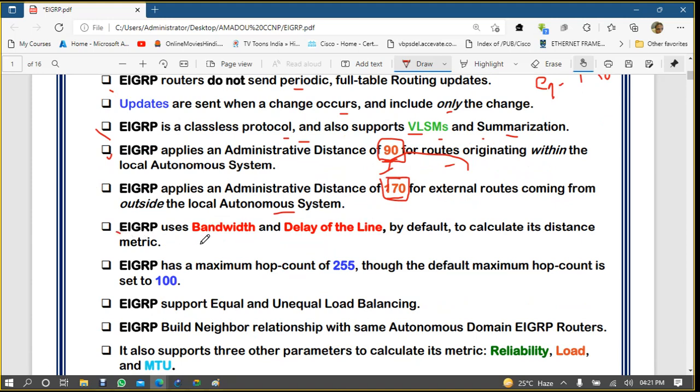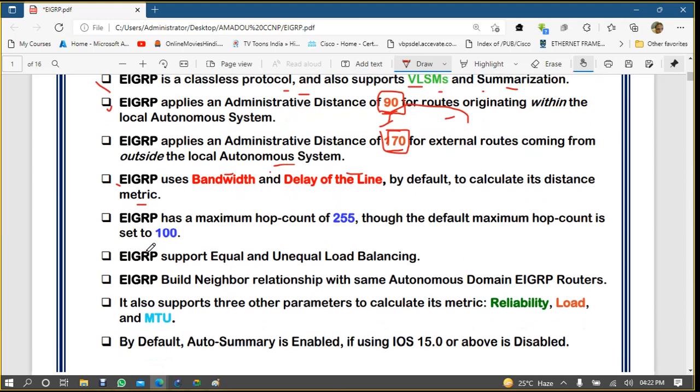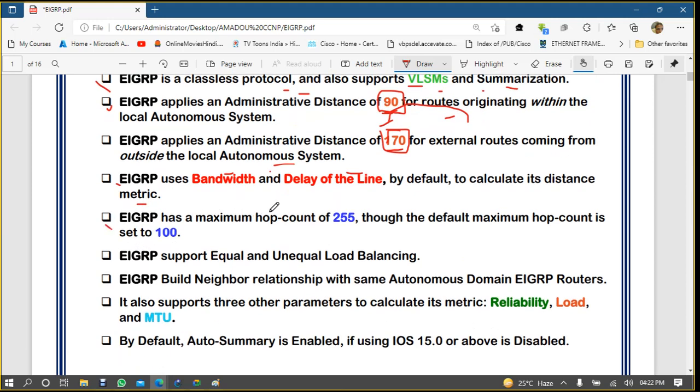Now EIGRP uses a metric calculation process to find the best path. EIGRP uses bandwidth and delay of the line by default to calculate the distance metric. EIGRP has a maximum hop count of 255; the default is 100, but you can increase it up to 255.